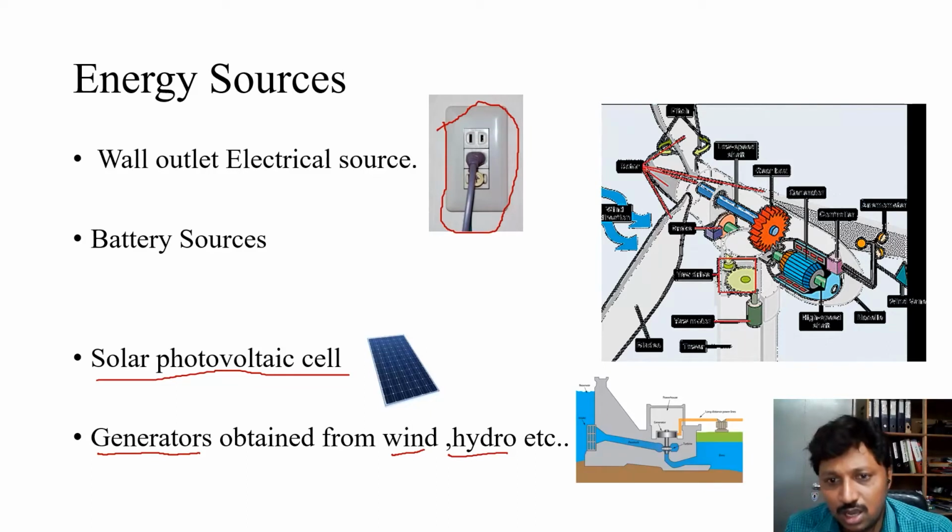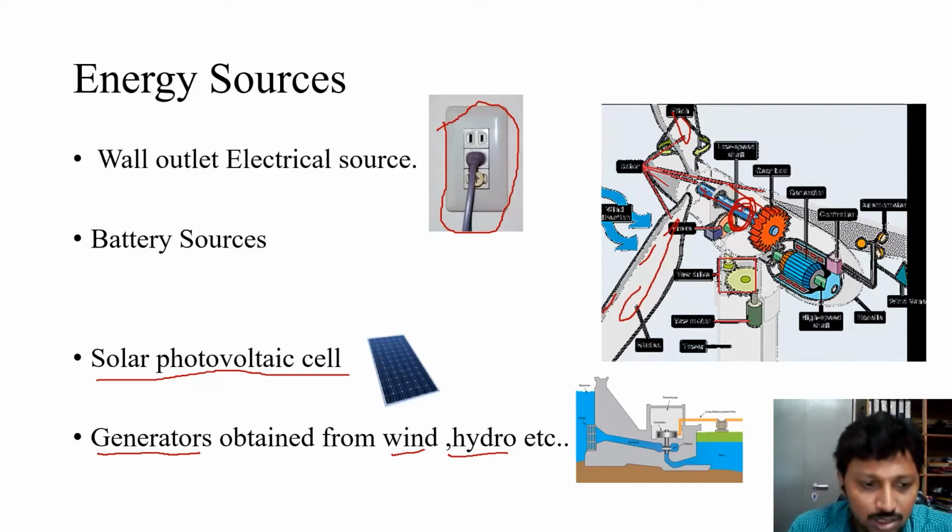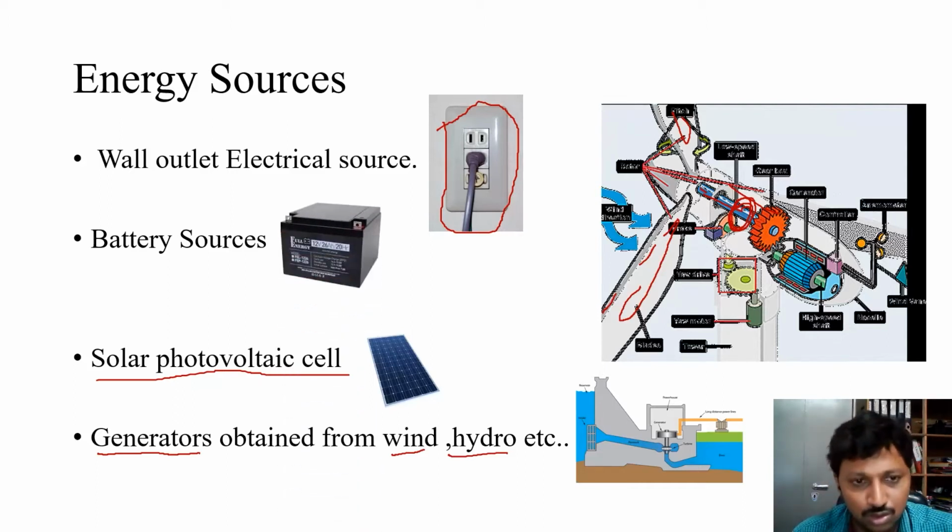And also we see this is a windmill, and these are the blades. As the blades rotate, one shaft is connected to them, and this is coupled to the generator. This mechanical energy is converted to electrical energy, right? That's how it generates the power. Therefore we say that this generator is the energy source.